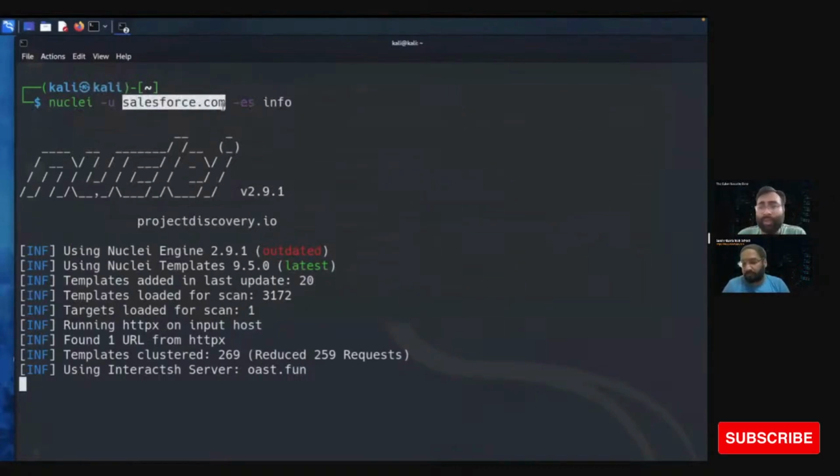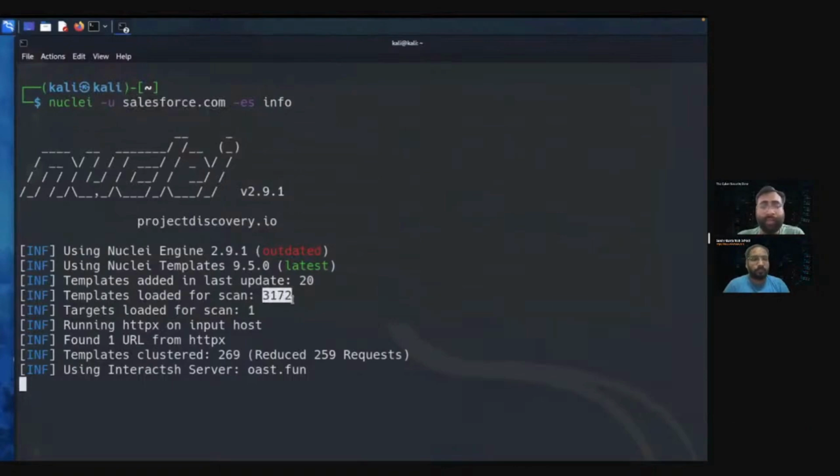Nuclei is an automated security scanner that will analyze your target. It will take time to analyze, and you can see right now we have 3,172 templates because all informational templates are not running on this domain since we have filtered with the es flag.